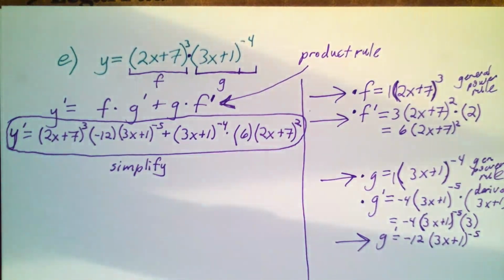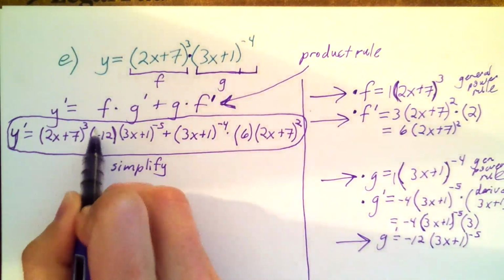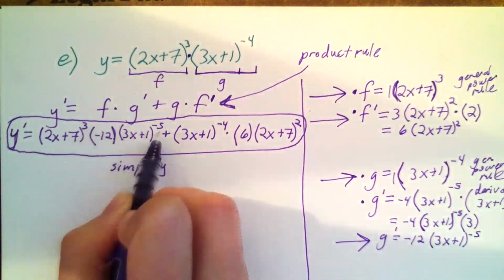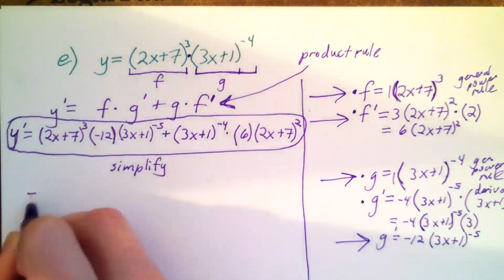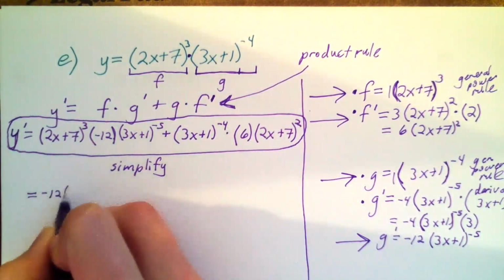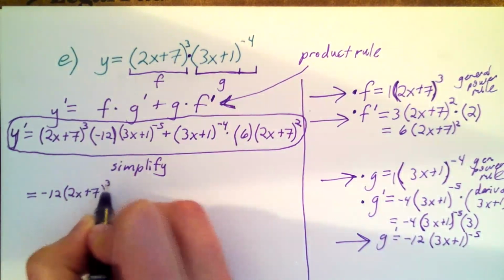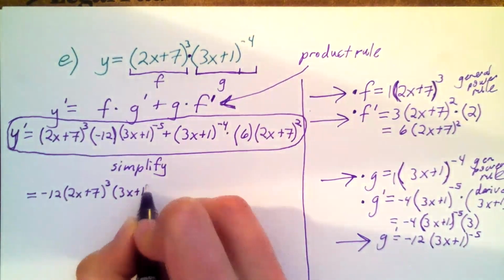I'm going to take these little constants here, minus 12, and I'm going to move that to the front because it's the only one here that doesn't have a power on it. That's got a cube on it, that's a minus 5, but I have this constant hanging out front. So it's good form to move those to the front just so we don't lose track of them. I have negative 12 times 2x plus 7 cubed times 3x plus 1 to the minus 5